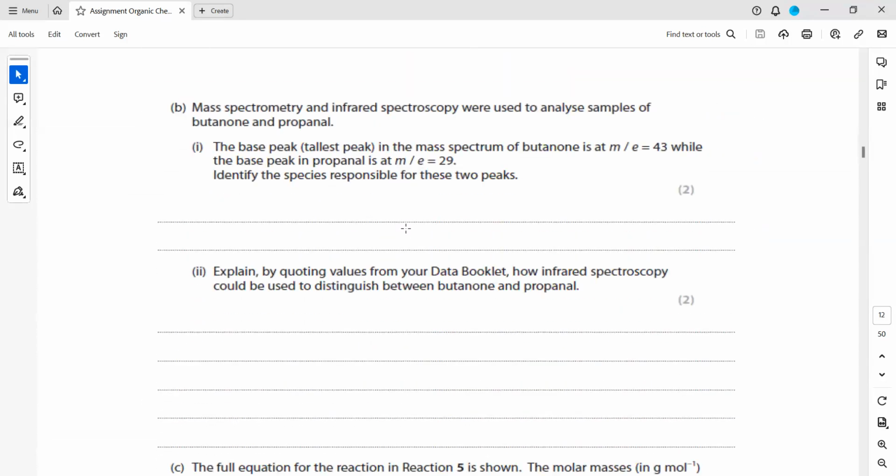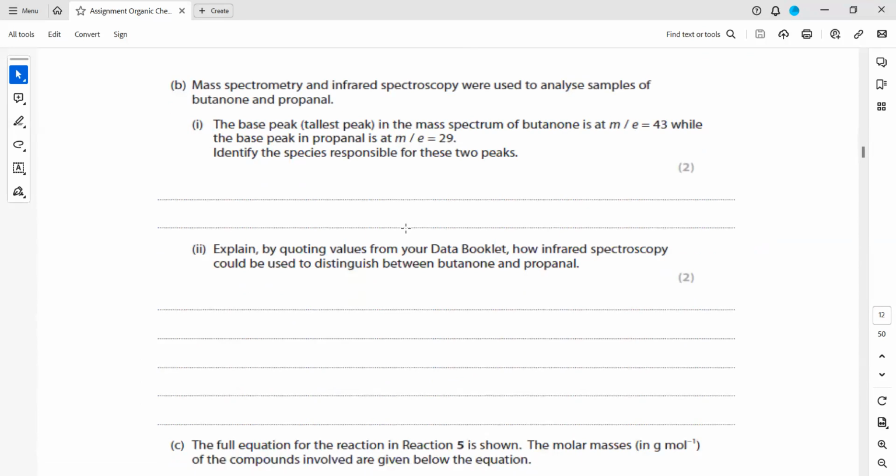Then mass spectrometry and infrared spectroscopy are used to analyze a sample of butanol and propanol. The base peak, the tallest peak, in the mass spectrum of butanol is at 43 and the base peak of propanol is 29. Base peak means the one we get in the maximum amount, so most of the molecules break down into that. So how can we identify? If we break down butanol,